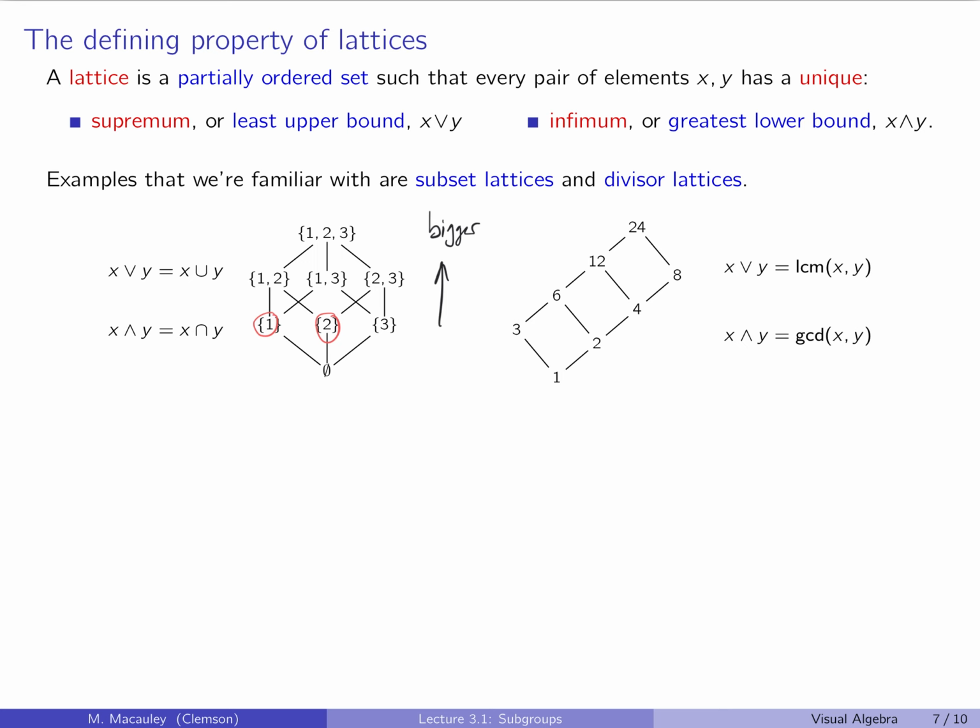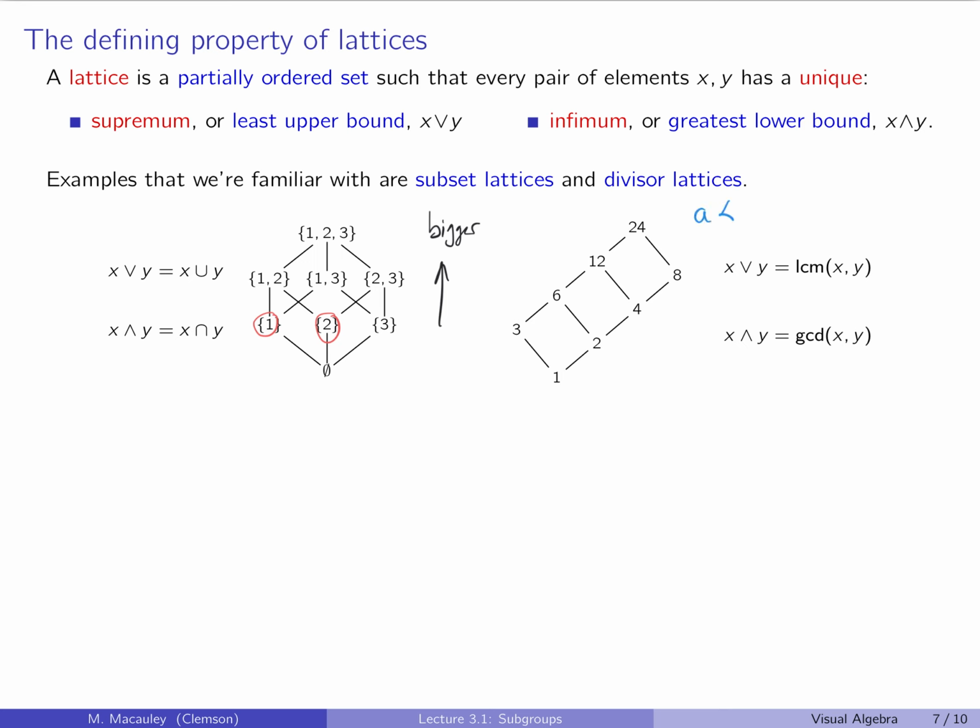For the divisor lattice, again, I think you've probably seen this in grade school at some point. With an example, here's 24. We take all the divisors of 24 and list them below. And now we have a line between two numbers, A and B, if A divides B, and there's nothing properly between them. So 6 is comparable to 12 because 6 divides into 12, but 6 is not comparable to 8 because 6 does not divide into 8. So 6 is less than 8 in the natural number sense, but in the order inherent in this lattice, we say